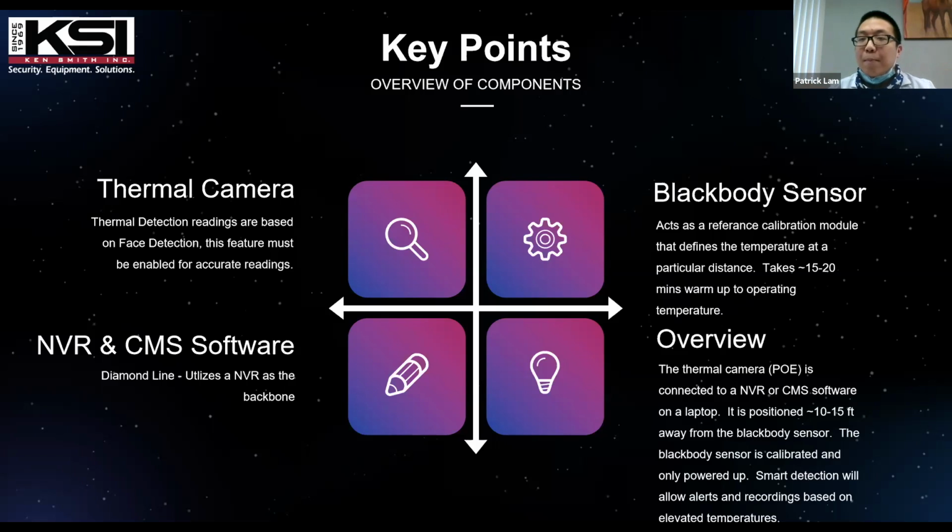You do have the ability to permanently mount it, let's just say wall mount or ceiling mount it, if you see fit, okay? It will be set to a certain elevation, about 6 to 7 feet on the tripod, where the thermal camera is mounted 15 degrees from the black body reference calibration module, which is the starting point of this solution. The black body sensor takes about 15 to 20 minutes to boot up to operating temperature. So the black body sensor is pre-configured and predefined at a certain temperature, and it tells the thermal camera, I don't care about any object around me, but I'm telling you that in 15, 20 minutes, I'm booting up to this temperature. So you're now going to apply the high-end face recognition algorithm in conjunction with the thermal algorithm